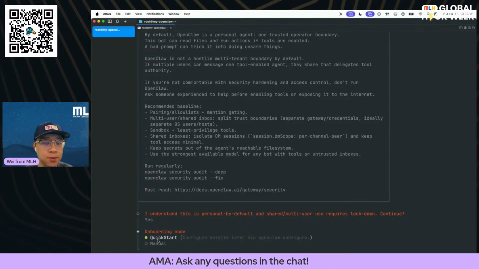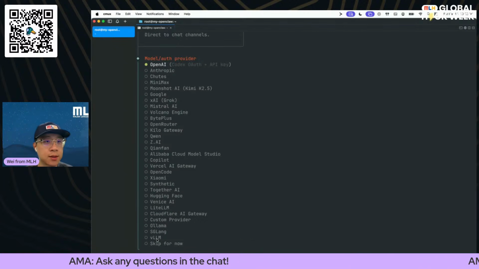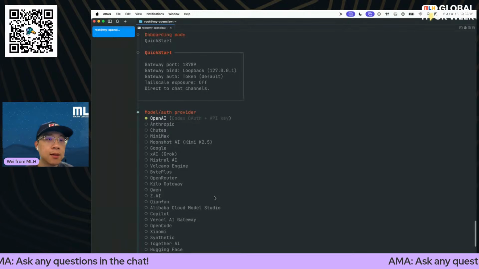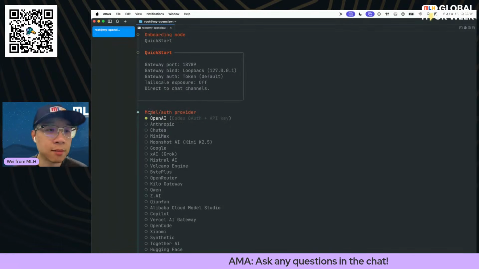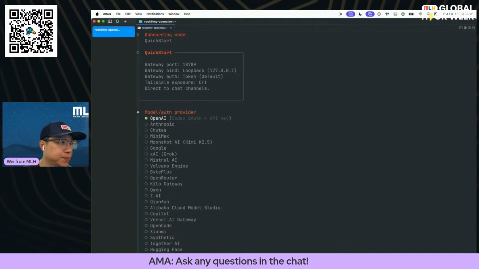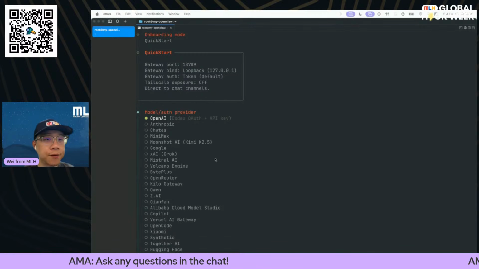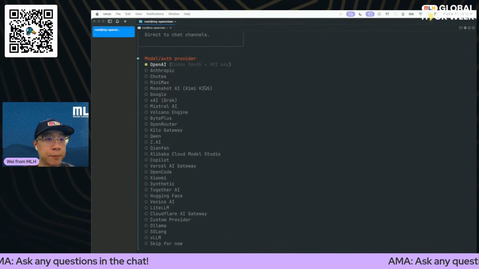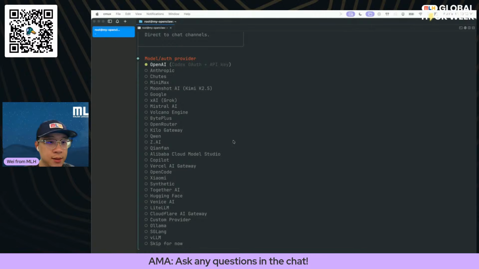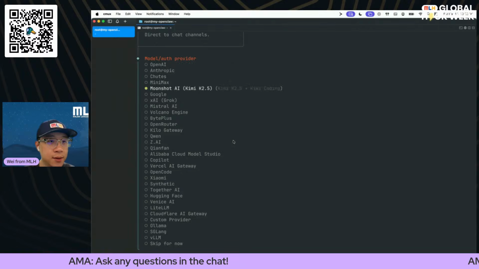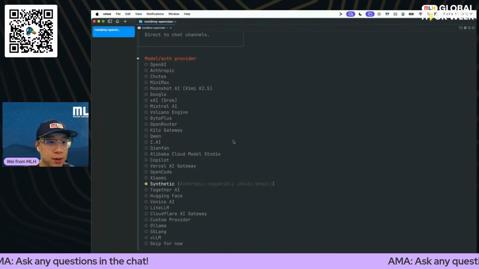And we're going to do a quick start. Let's do a quick start. And the first thing we need to do, as you can see, is create or connect to a model or auth provider. There are quite a few different options that you can choose from as far as model and auth provider. And today we're going to choose custom